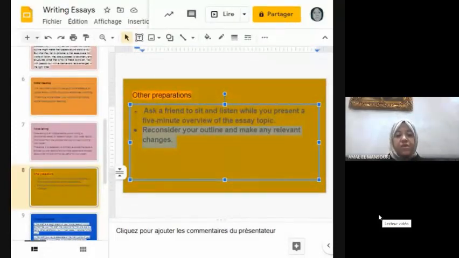When you come up with an outline or a general overview of the essay topic, again, you have to discuss your overview with your friend. Just orally. Just say what are the ideas that you have to include in your essay. Say it to your friend. Discuss it with your friend.